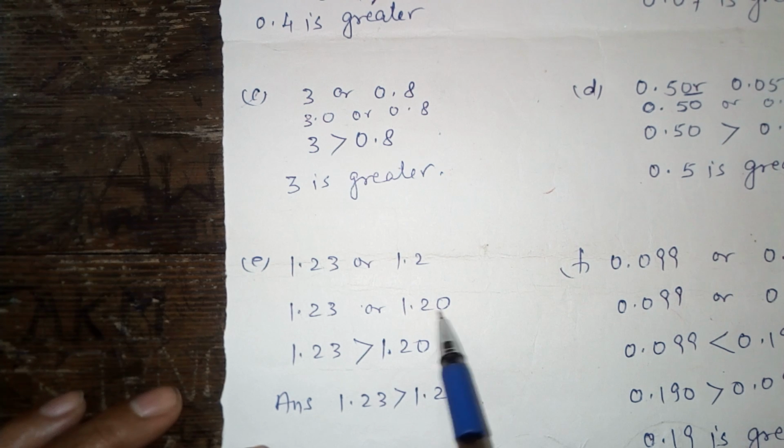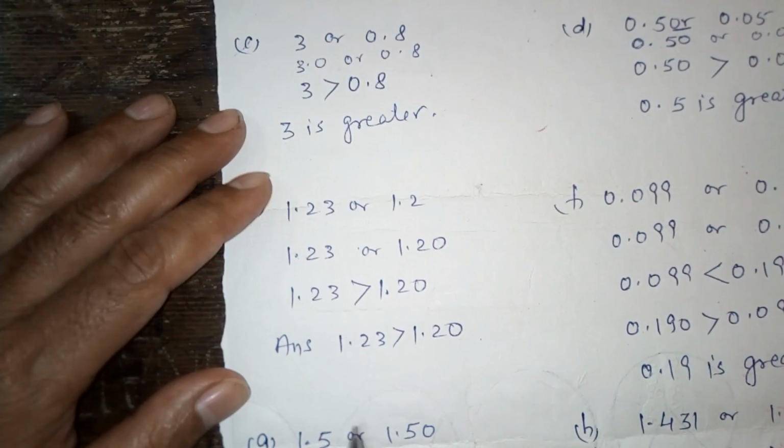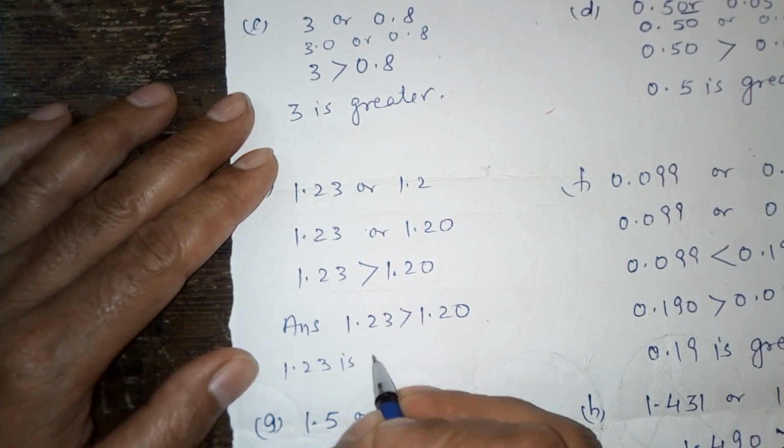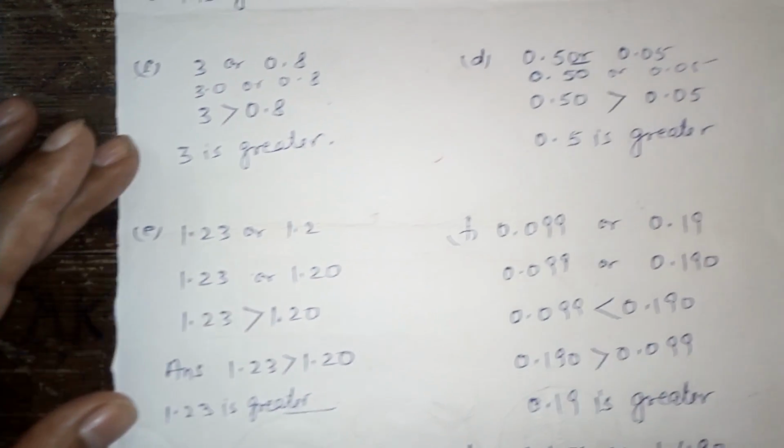My dear student, in 3 and 0, which is greater? 3 is greater. So 1.23 is greater than 1.20. The answer is 1.23 is greater. Okay, your next question is